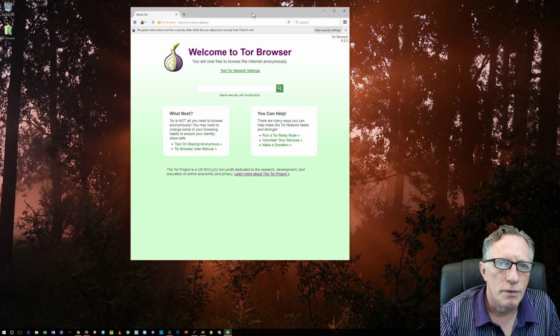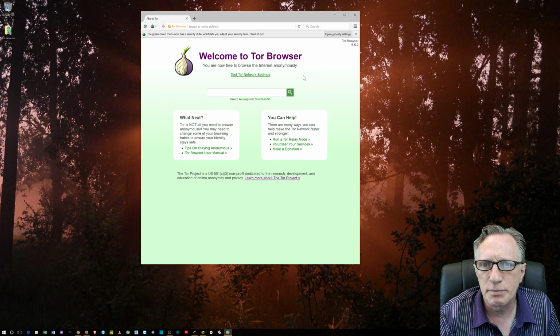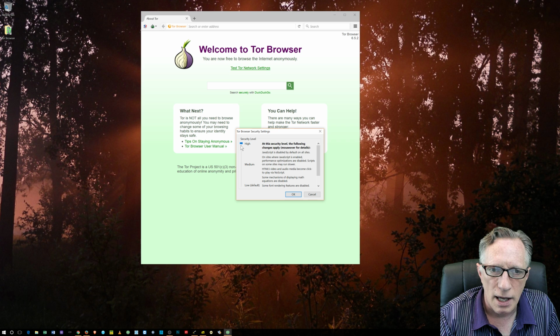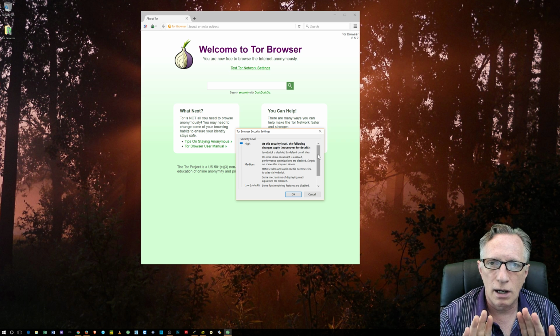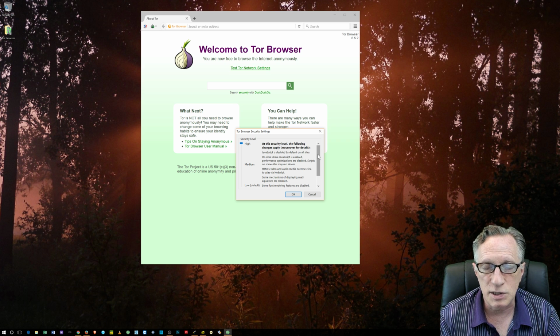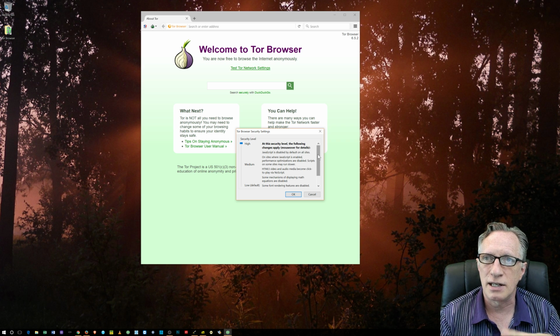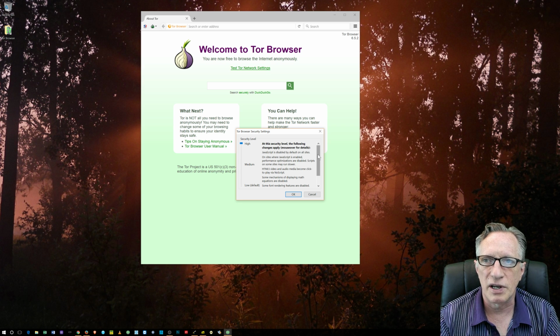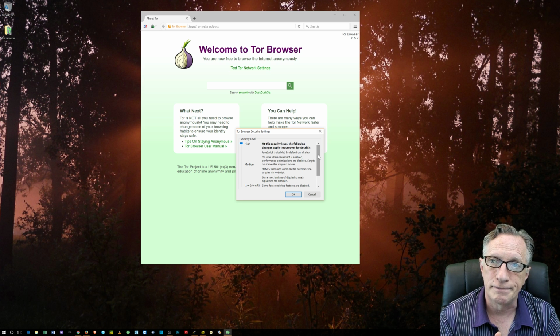Now, we won't go too far into security settings, but I will briefly show you that when we go to security settings, you have low, medium, and high. And that's up to you. I'd recommend high. But I will let you know that it does diminish your browser experience to a certain extent, because it's going to disable a lot of these fun tools that we use to enhance our browser experience, like JavaScript and Flash